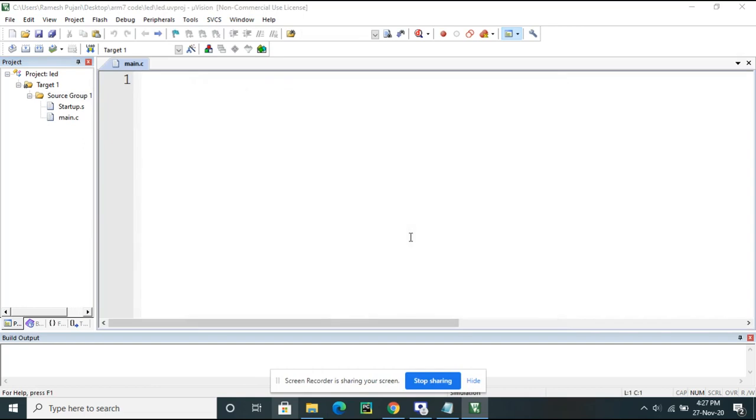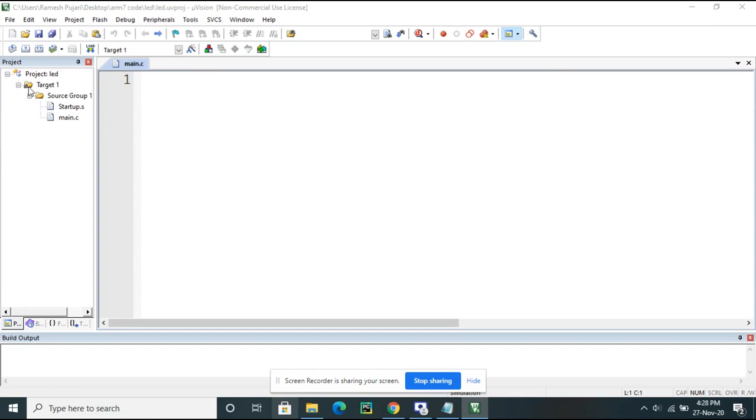There are two ways to create and add a file. Another way is a shortcut: we can directly give the name and the extension of the file. We need to create a .c file, because we are only going to use C. Now both files are added here in the source group. If it is coming like this, it means both files are added.